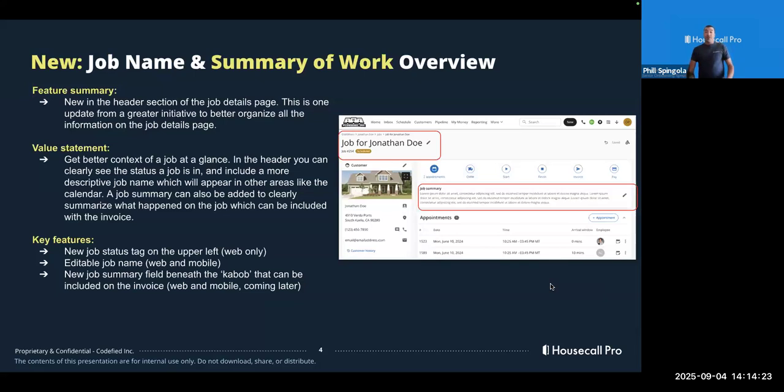So for the new things that have come out with job name and summary of work, kind of up in the header section of the job details page, there is a place where you can organize the information of the job details. You'll be able, specifically from the web only, to give a new job status tag in the upper left. You'll be able to edit the job name, which is available on web and mobile, and the new job summary field beneath the